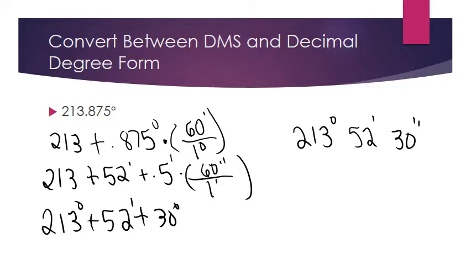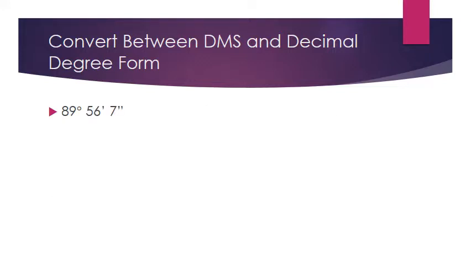I would say that's fun, but it's really not. Let's look at another where we're going to take from degree minute seconds and put it into degree form. All right, so now we've got a measurement in DMS, degree minute seconds, and we're going to convert it into degrees. So we've got 89 degrees, 56 minutes, and 7 seconds. We want to go to degrees, so I've got 89 degrees